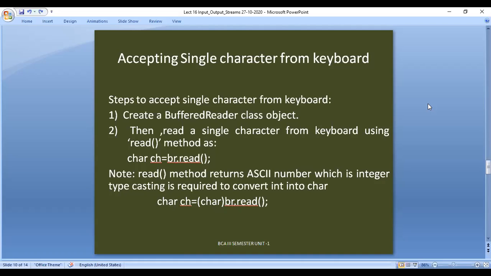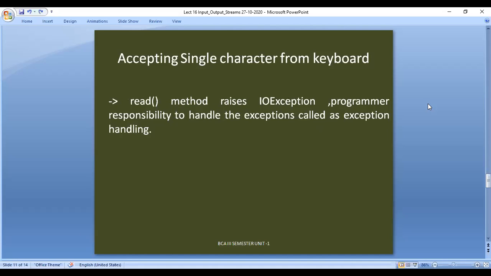Next, let us see one more point regarding the read method. The read method raises an IOException. Exceptions are special kinds of errors that are found at runtime only.